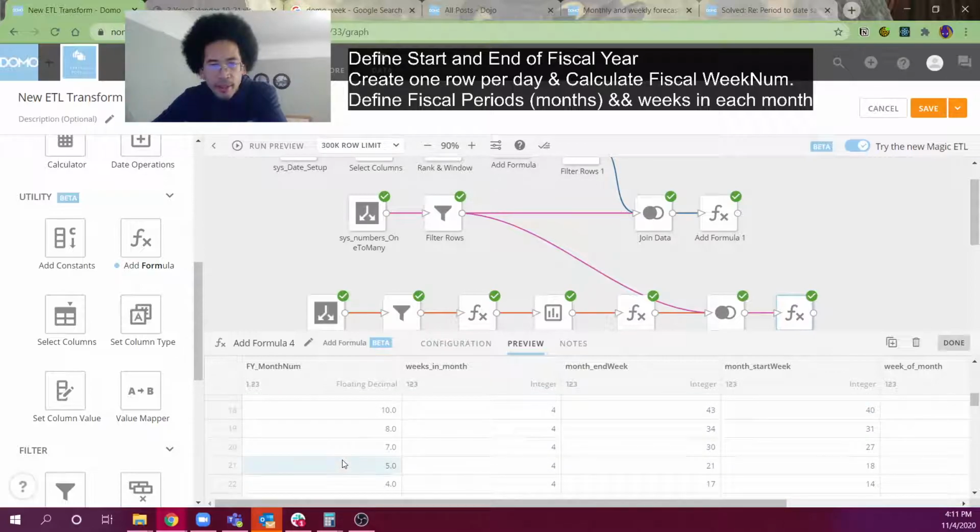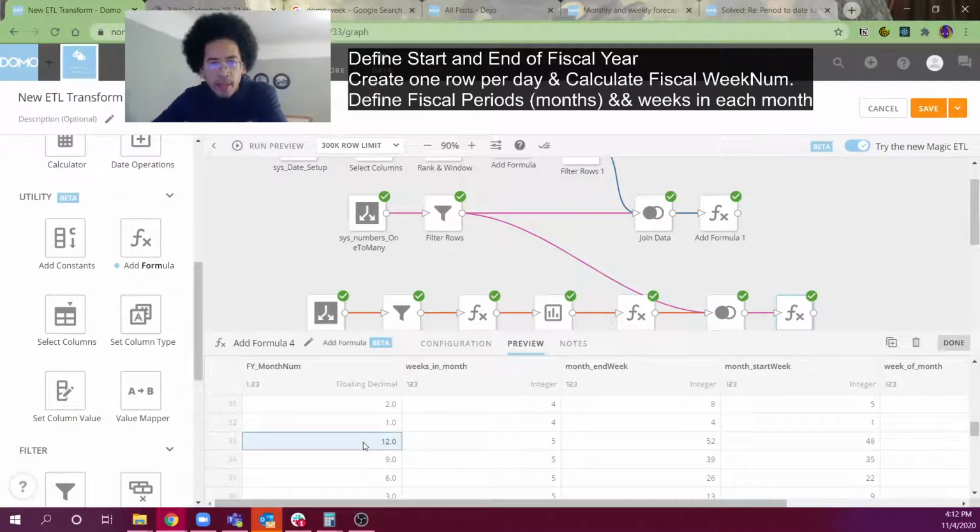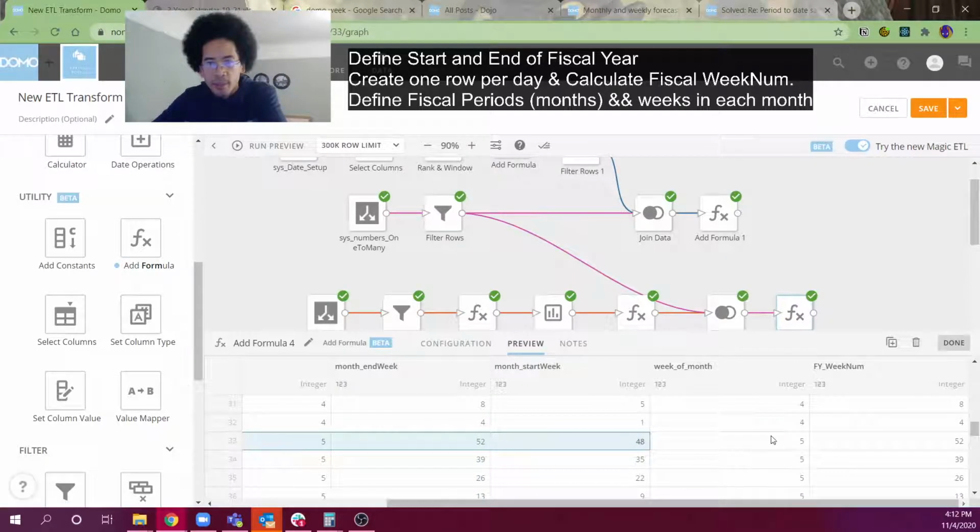In month, I want to find 12. Why aren't I seeing 12? In month 12 has 5 weeks. It starts week 48, ends week 52. I am on the 5th week of the month, so I take 48 plus 5, 53, minus 1 is 52. I'm on the 52nd week